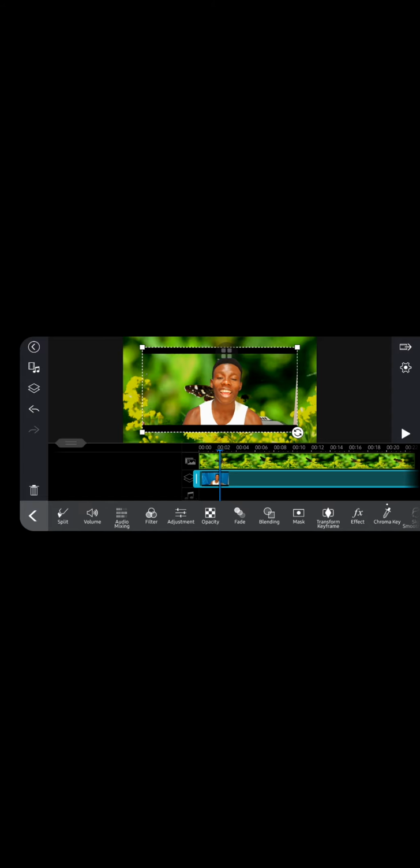If you want to zoom it, you touch this circle here and drag it to fill the video. So you drag it, it will cover up. As you can see, the black screen is no longer there.